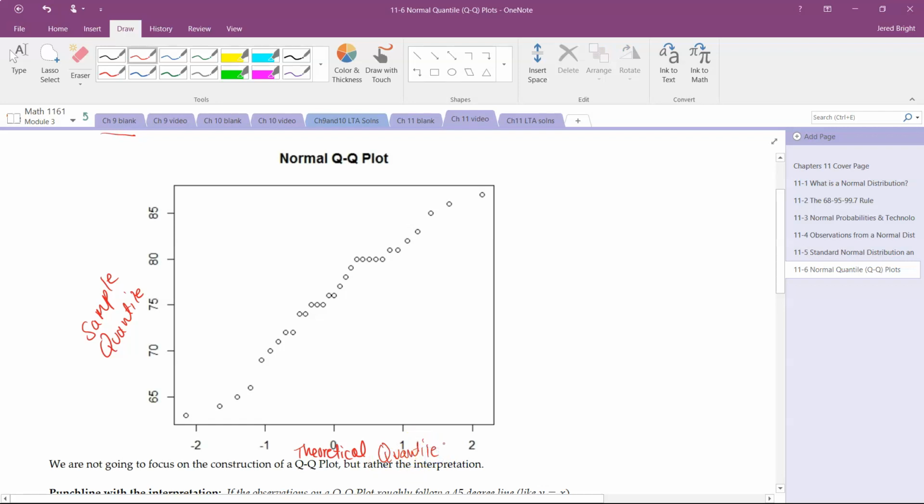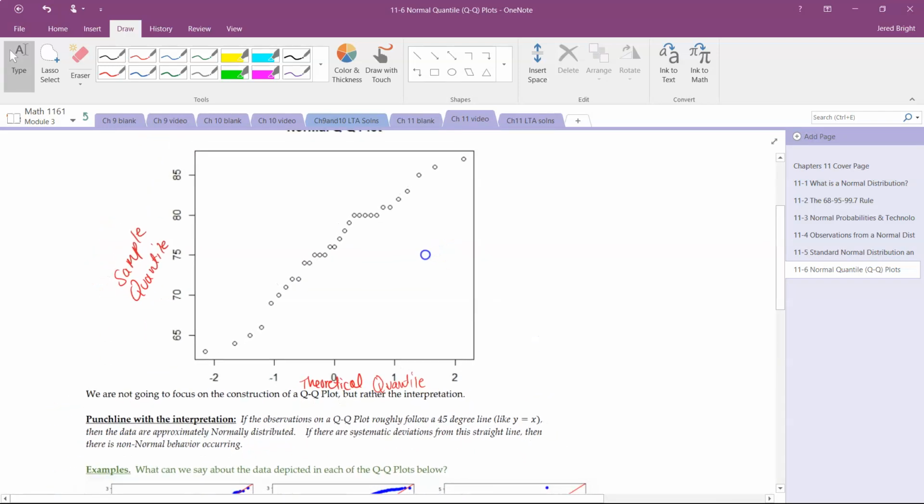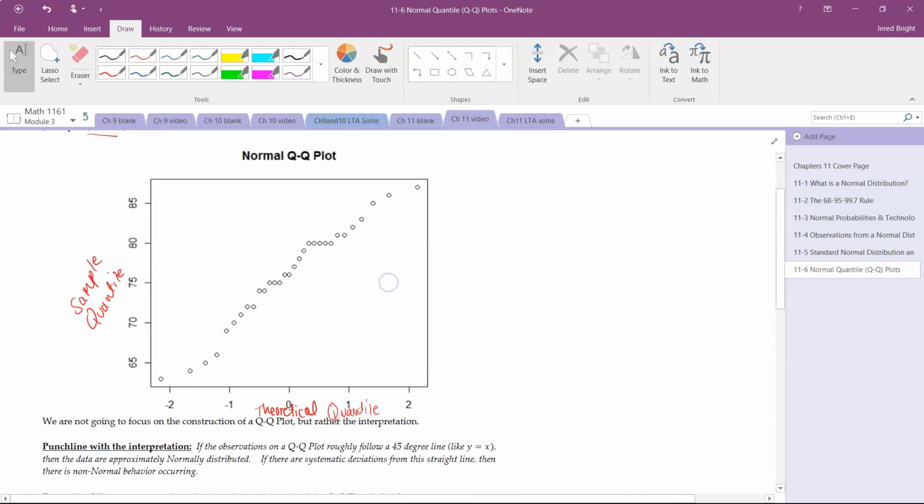Now, we're not asking you to produce it. It's amazingly difficult to produce this using Excel. Other software can produce it in a heartbeat. I don't know why Excel can't. What we need you to be able to do is to analyze it, or interpret it, and here's the interpretation. If the observations follow roughly a 45-degree line, so think of the line y equals x, roughly,